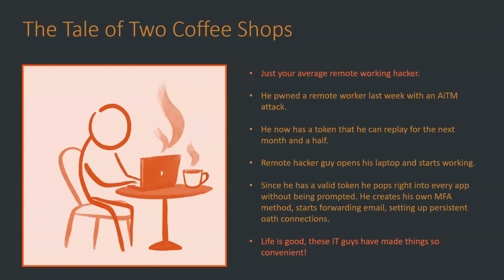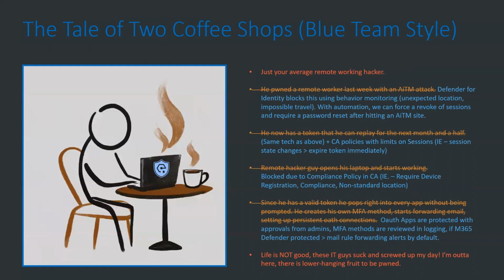So this is obviously the scenario we're trying to avoid. So on the last slide in this example, we're going to let our blue team guy, Dustin, explain what he's done in this customer's environment that stops this guy in his tracks. Yeah. So in the first example, they used the adversary in the middle attack. It will be blocked by Defender for Identity's behavior monitoring. So it'll be an unexpected location, malicious IP address, or just not the device it was registered on. So let's just assume that they get past that step. So how do we protect at the bullet two?